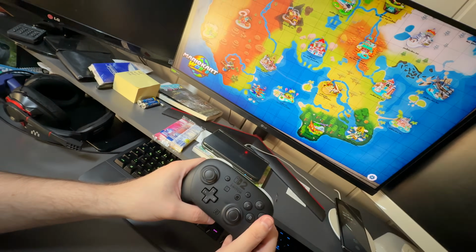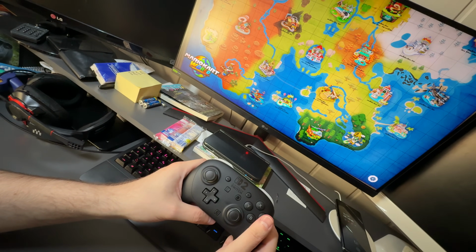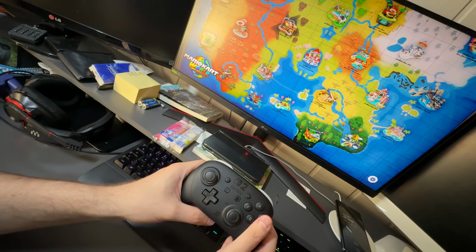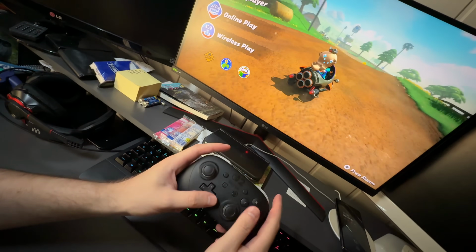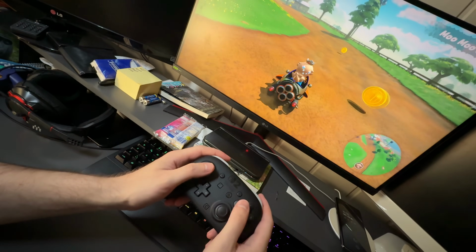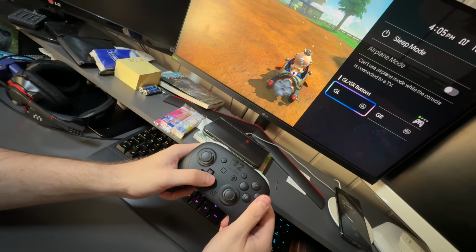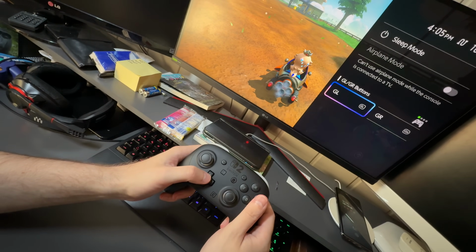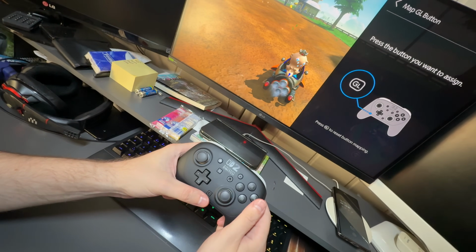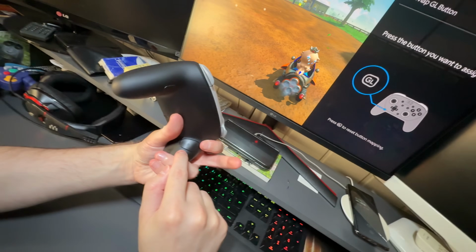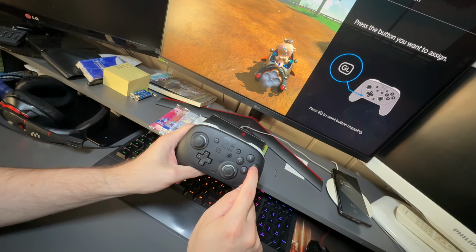So start a game as you like. Every game is possible to use the GL and GR buttons on your Switch 2 Pro controller. If you now see, we are in the game and we can then drive like a boss, of course. Standard way, but the GL and GR buttons are not operating. If you push the Home button and hold it a little bit, we can then choose, for example, the GL button first, go to the settings, and then we can push any button we like to assign.